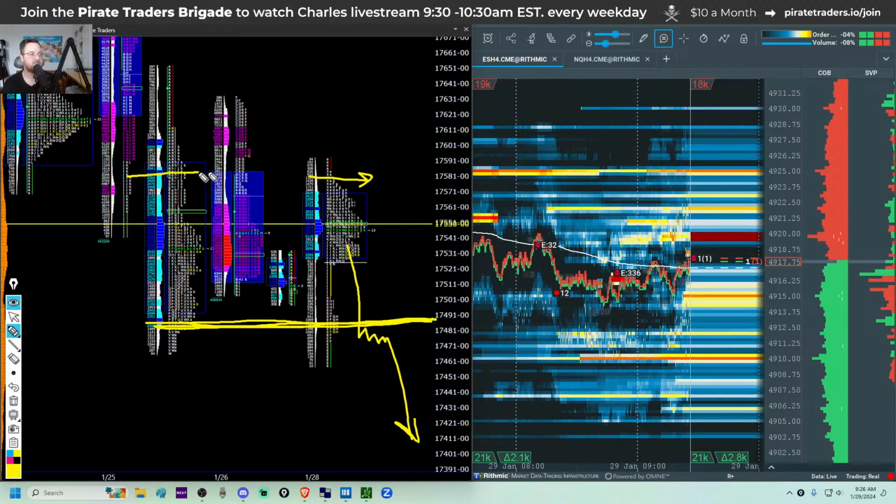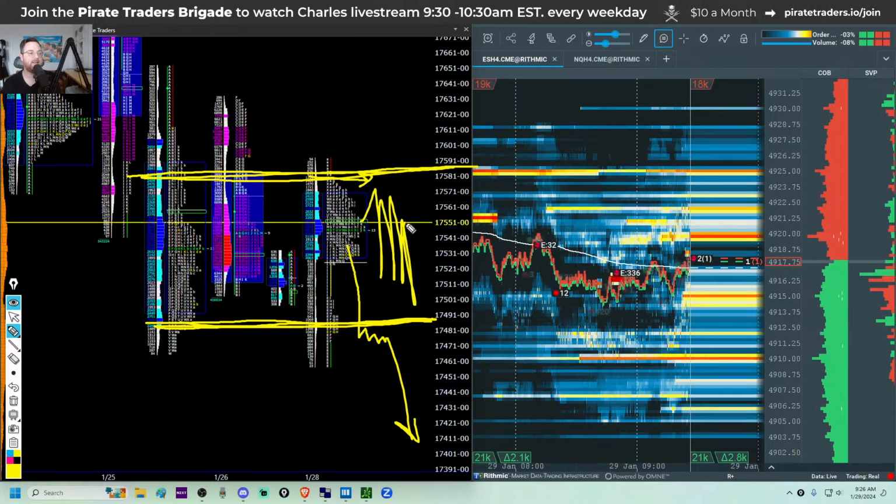You've got resistance in here. In between those two, it's a chop zone. Too hard to know which way it's going to break, and they are likely to go up and down and up and down and drive you as mad as they can before they finally break. But if they poke above that overnight high and they start to find support, I would look